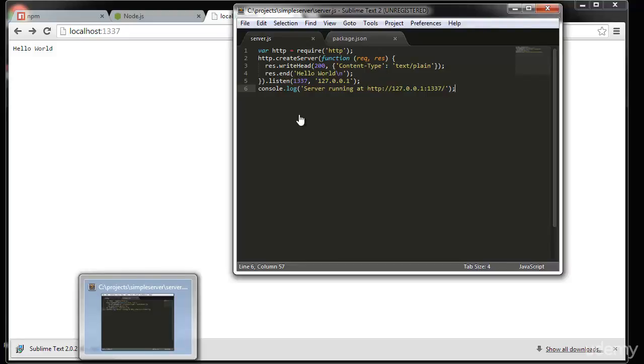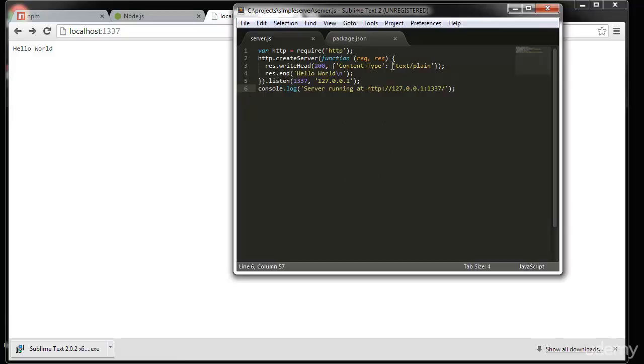Okay, so in the last video, we created our application folder. We created server.js and implemented this very simple code that is available from the Node.js website. And we created a package.json manifest file. So in this video, I want to take this a step further and be able to use the file system module to serve HTML pages, rather than just including some text here